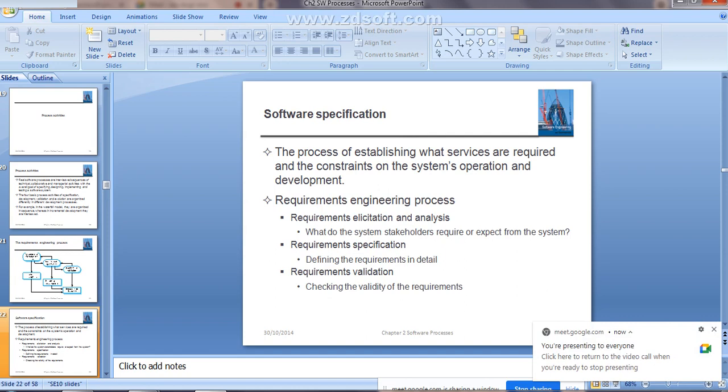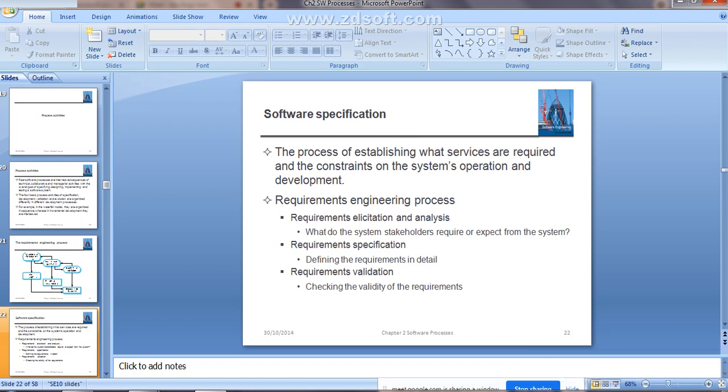What I told, the software specification is nothing but the process of establishing what services are required and the constraints on the system operation and development. That everything will be defined by using the software specification. It is going to have 4 main activities. First one is the feasibility study.